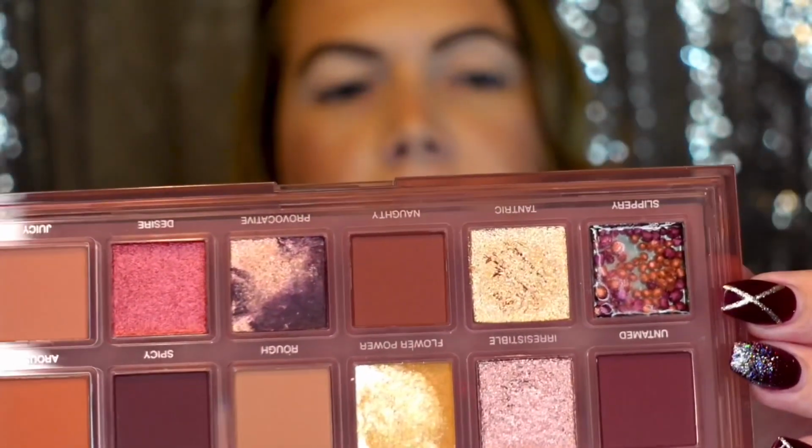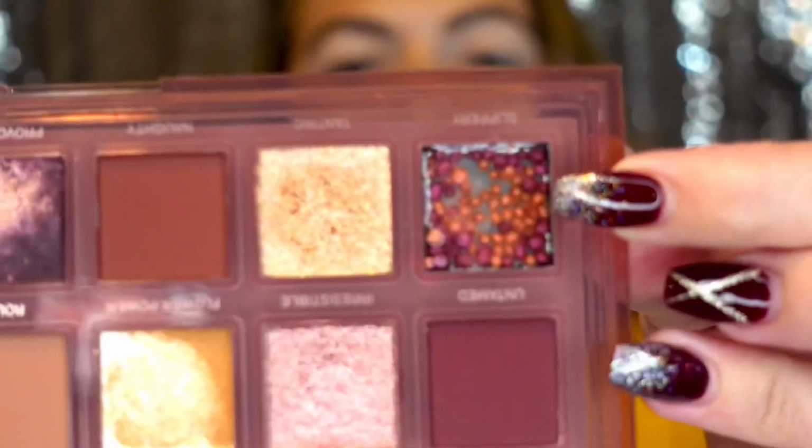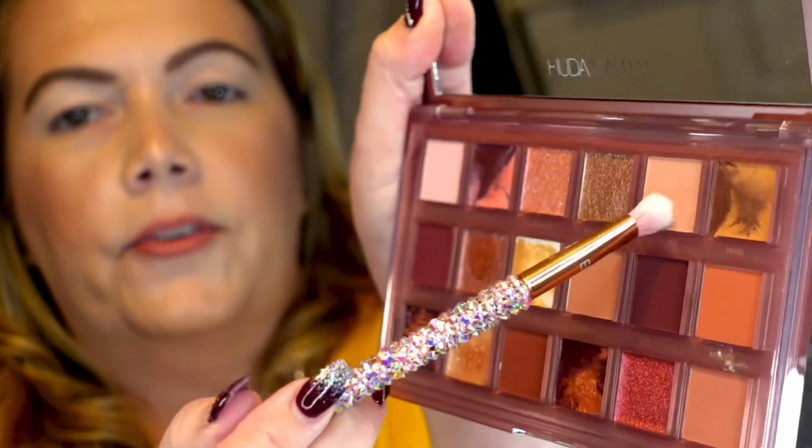I wanted to address this slippery color. It's called Slippery, yeah. A lot of people, I believe, were confused on what that color was. It's not even really a color. It's a gel, basically. I'll get started as I'm talking. It's a gel that is for, I would believe, editorial looks where you make your eyes slick. I'm going to first go in with Hypnotic, this color right here,